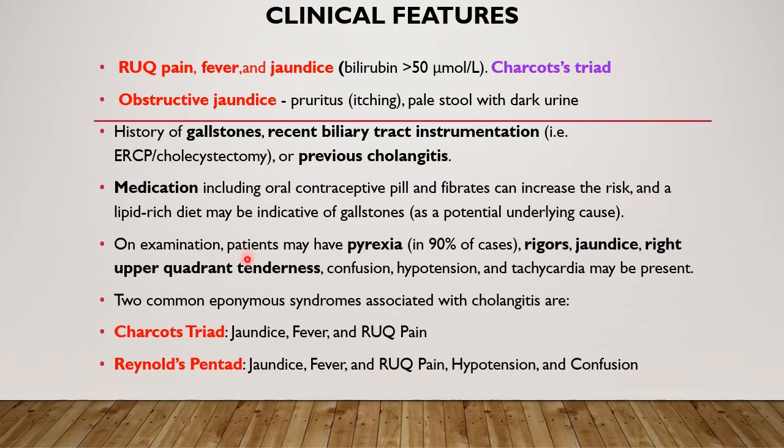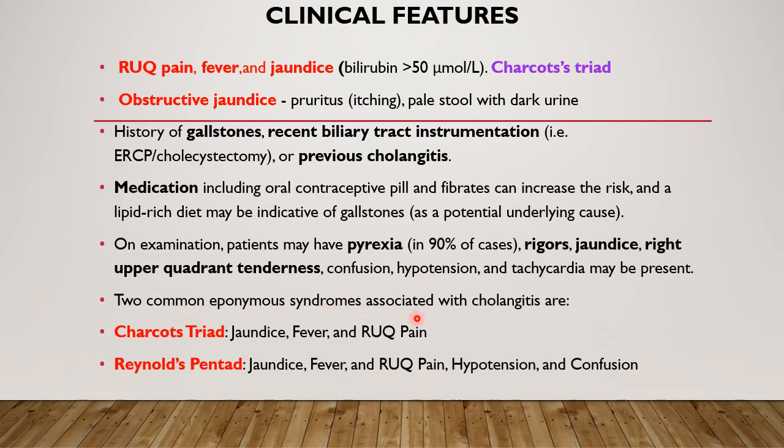On examination, patients may have fever, pyrexia in almost 90% of cases, and this fever is usually associated with chills and rigors, jaundice, right hypochondrial tenderness, and in severe cases, it can also lead to septicemia with confusion, hypotension, and severe tachycardia. Okay, this patient has quite a marked tachycardia, but the hypotension is not there. The two common